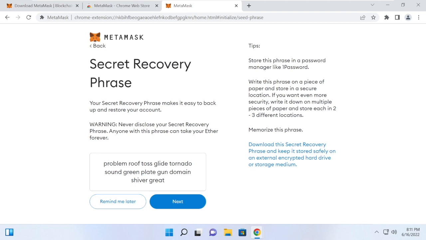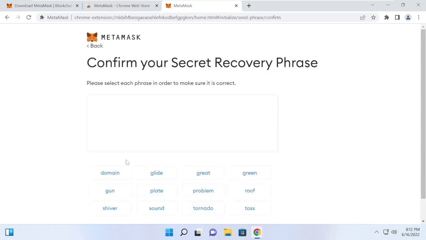And if you ever see a site or somebody claiming to be from tech support asking for your private key or your secret recovery phrase, either directly or they tell you to go to a website that says type this information in, those are almost always a scam. So I recommend that you just remember that anytime anybody is asking for a recovery phrase or a private key, or even a website is asking for it, unless you absolutely know what you're doing, do not give it to them. So you want to write this down, and then on the next page,